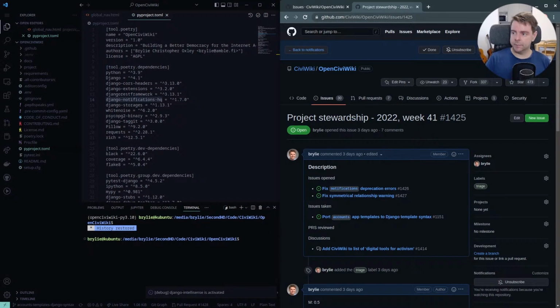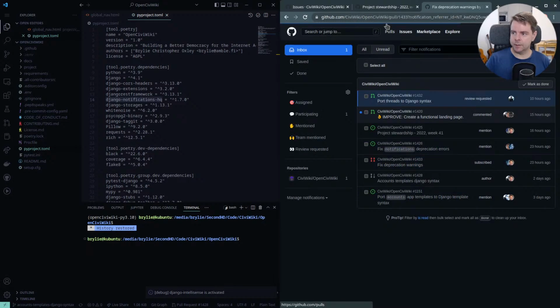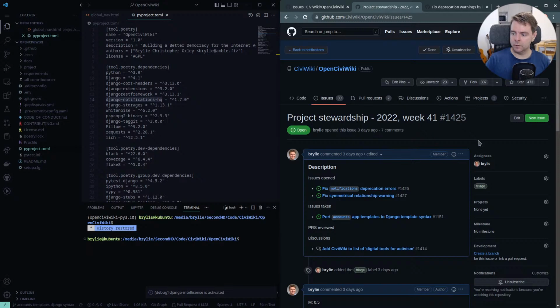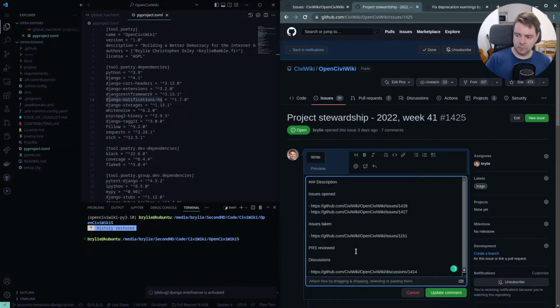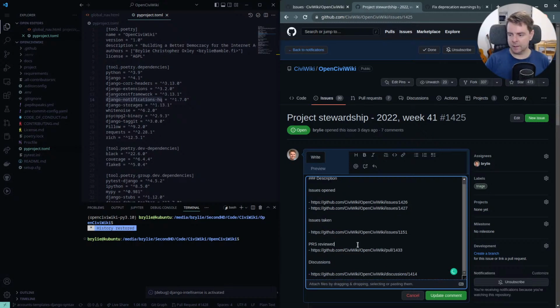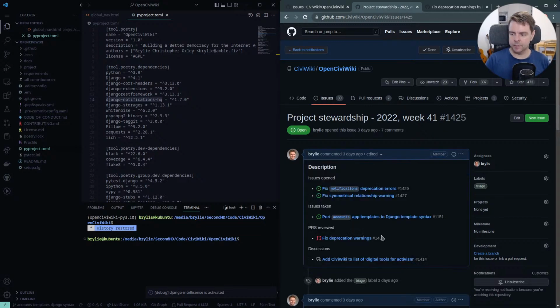Actually, I should be going back through here to show you what I should be doing. So deprecation warnings, that was a pull request I reviewed, even though it was rejected. That review did take time and some research time, which in that case, I just opened the issue so that somebody else could take the time with it and research it if they wanted.